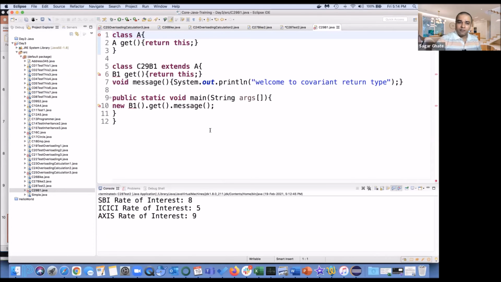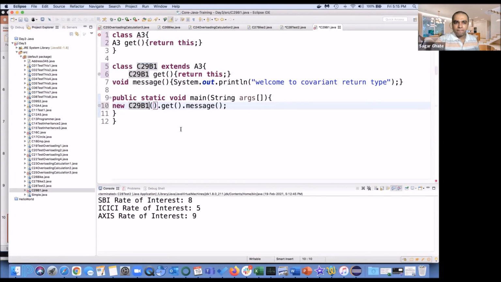And this was an example of covariant return type, class A3. Seems we are having A3 already.